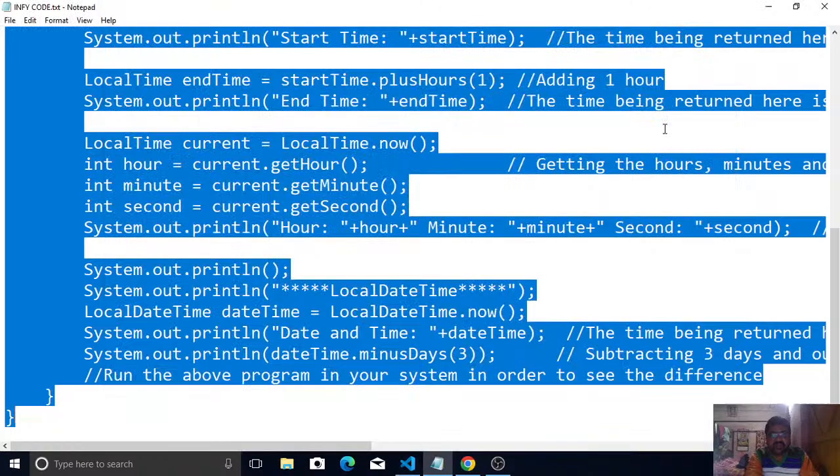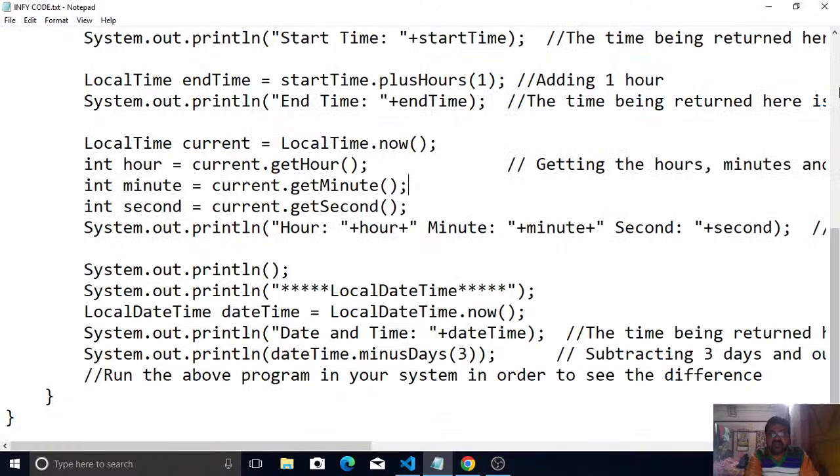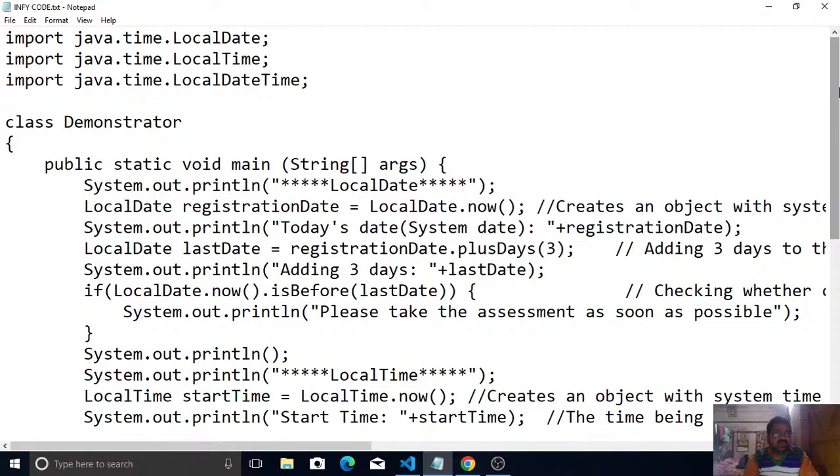This is the code I have written down in my notepad. This is import java.time.LocalDate, import java.time.LocalTime, import java.time.LocalDateTime. The class is Demonstrator. It is demonstrating the local date and time. This is the main part of the coding language. Then in the brackets you have to type public static void main, String args, then brackets, then in the next line